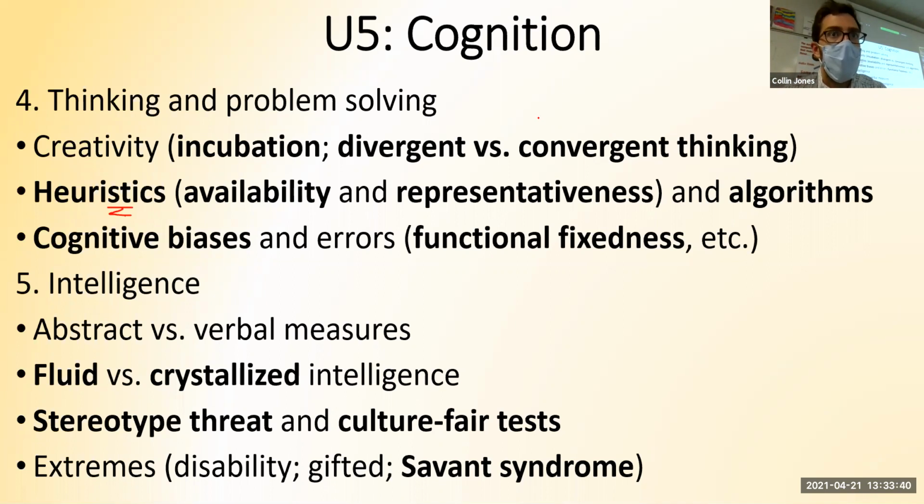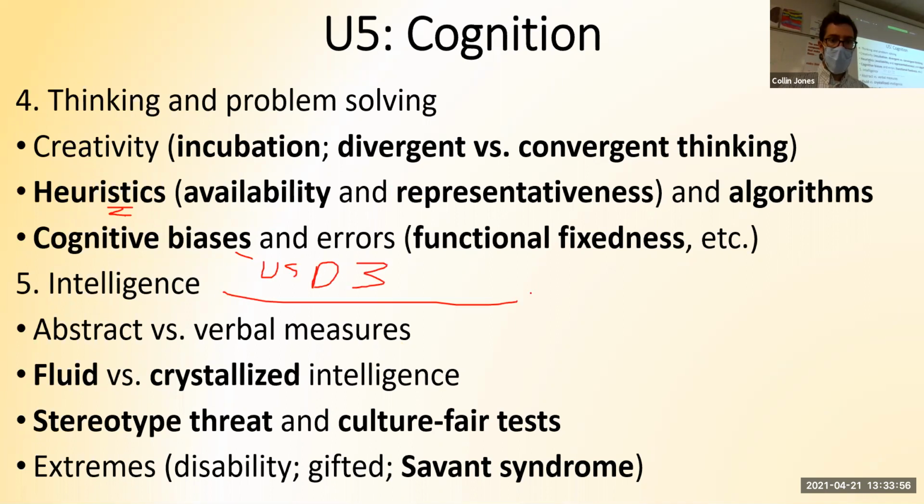Confirmation bias. When we make up our mind about something, we only look for information that confirms what we believe. We don't agree with or pay attention to anything that might disagree with us because we want to think that we're right. Nice. So that was day 3. On day 5, so I'm going to put Unit 5, day 3 for those thinking flaws. And then intelligence on day 5.